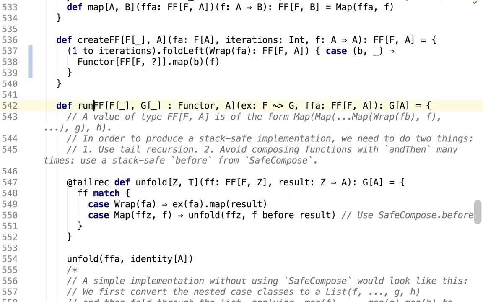The runner, I'm trying to make it stack safe, and that's a little bit of a problem actually, and here's why. I will have a lot of nested case classes. I'll have to go through all of them. So the unfold function that I'm defining here is going to call itself,